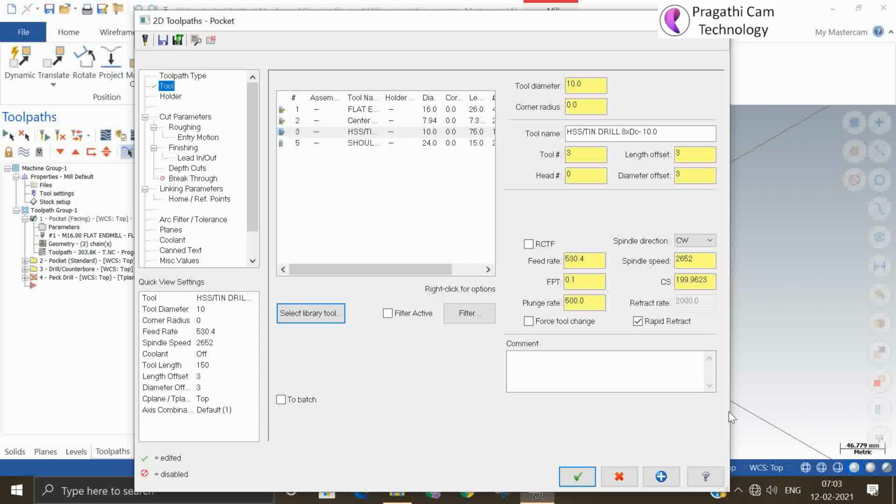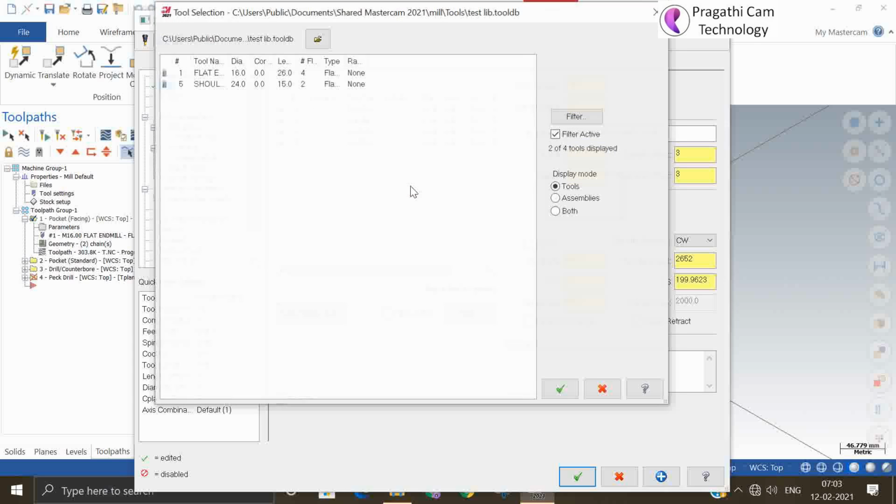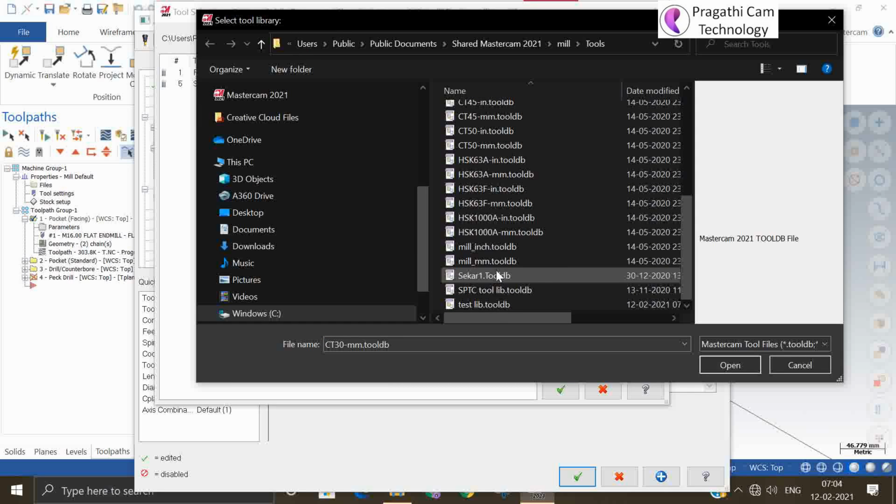You can modify and you can make your own tool. In case you want a totally new tool, that tool may not be available in your library. Suppose you want one, we will go to the standard library.